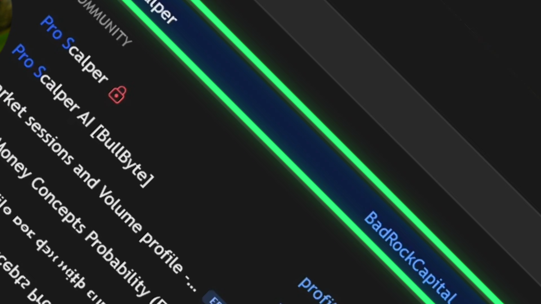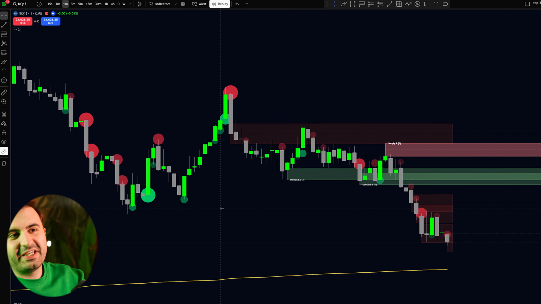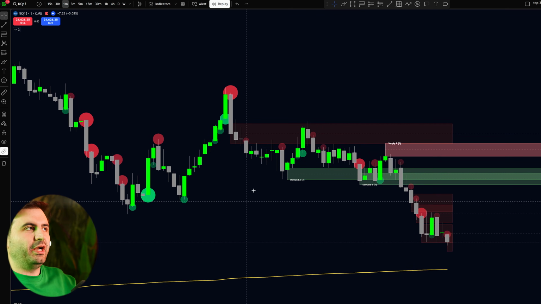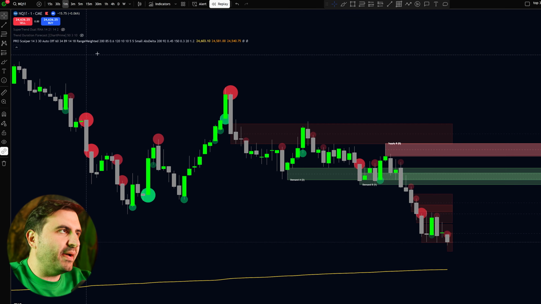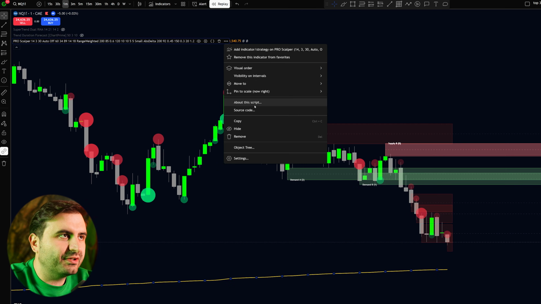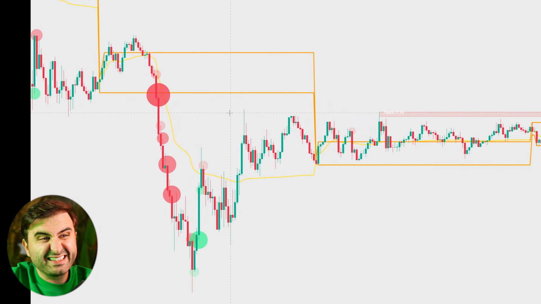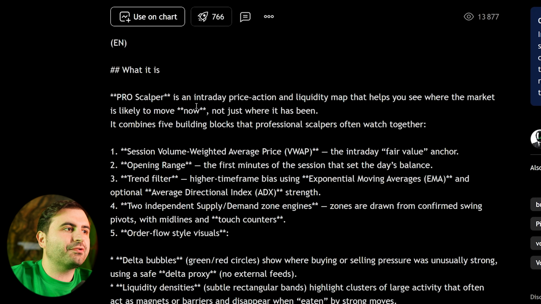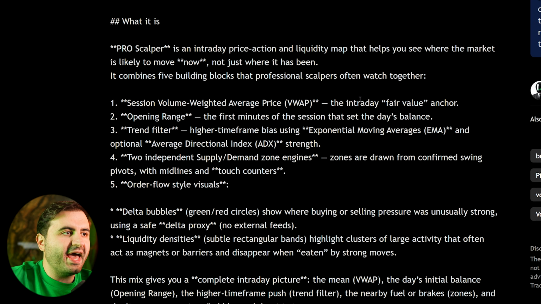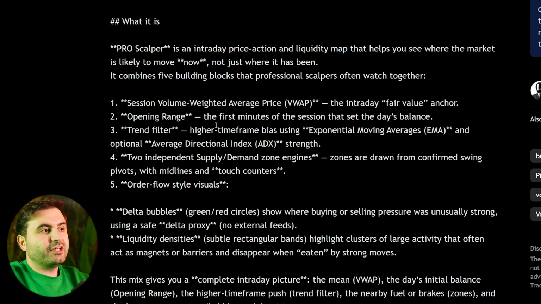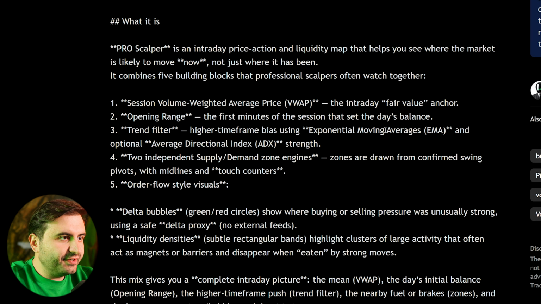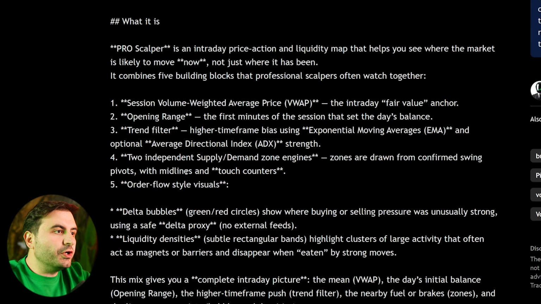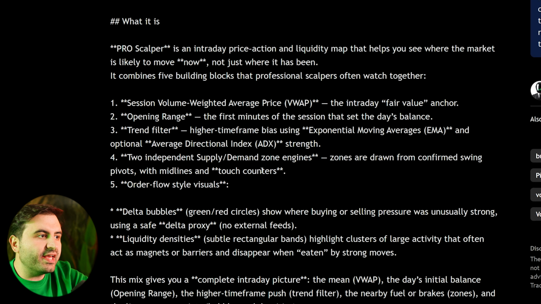Click that to your chart. As you can see on my chart, this indicator plots a lot of things on the chart. To understand everything better, let's go to the About This Script section. These bubbles are delta bubbles. Pro Scalper is an intraday price action and liquidity map, right? So the session volume weighted average price, the opening range, this is a very nice feature, the first minutes of the session that set the day's balance, trend filter, exponential moving averages, 2 independent supply and demand zone engines, and